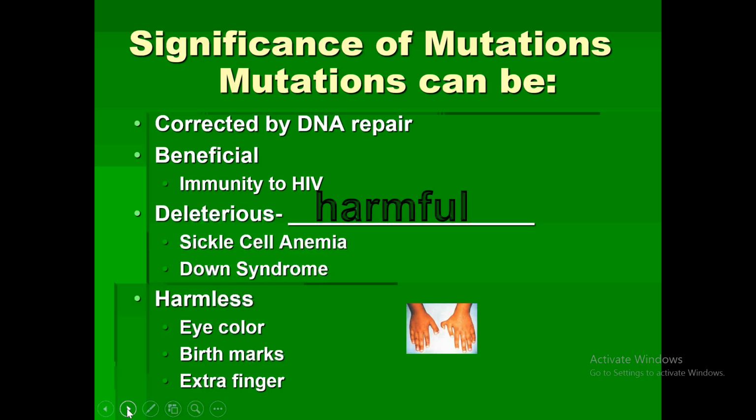Albinism is also a harmless mutation because it's a change in the pigmentation of the skin. Although some people that have albinism cannot be in the sun as long because they don't have the melanin in their skin to protect them from the rays of the sun. All right. So, for example,